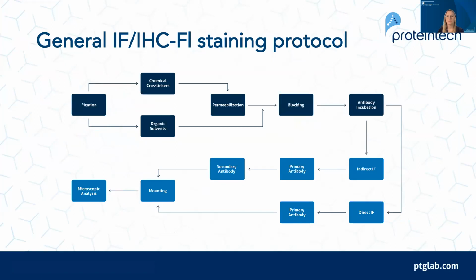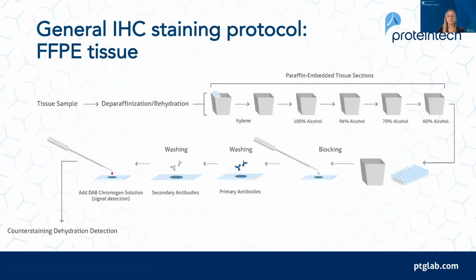I'll break down each step in depth later on. And then this is a bit of a different protocol, but this is for paraffin-embedded tissue, typically used for IHC. So here you can see that we start with our tissue sample before having to deparaffinize and rehydrate. So we remove the paraffin,